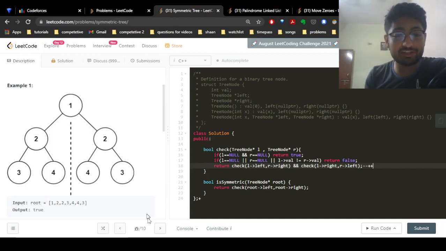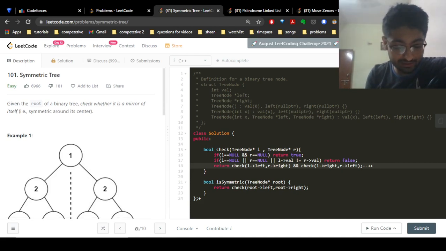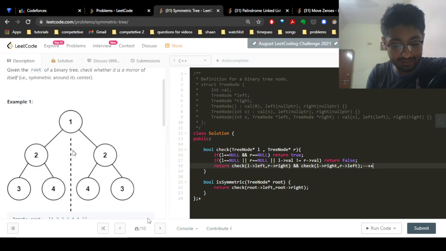Hello everyone. So today in this video we're going to discuss a very interesting topic from Leetcode. The problem name is, as you can see, finding out whether the given binary tree is a symmetric binary tree or not. Now what I mean by symmetric is, as you can see, if you draw out a straight line,